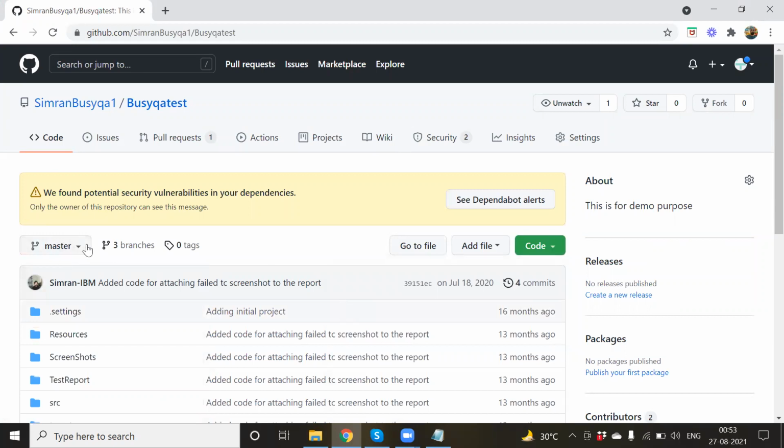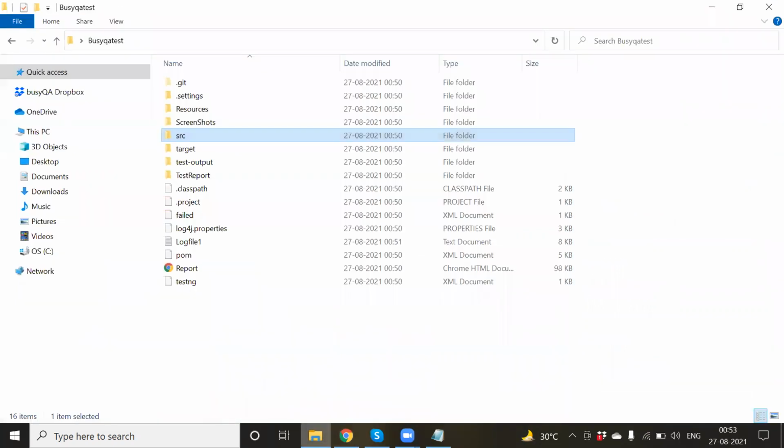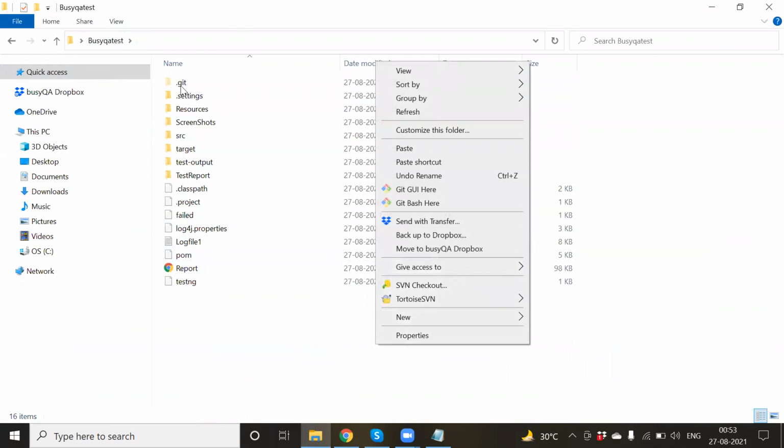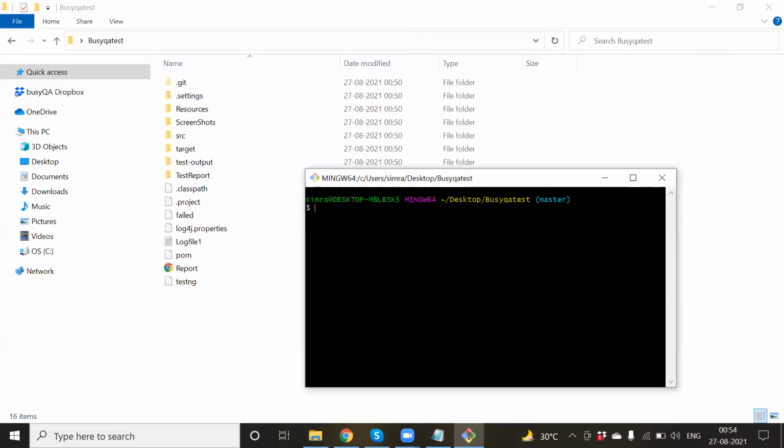Okay, so what we can do is create a branch, push the changes there, and then we can push it to the master finally. So in the project folder itself, wherever I find this hidden .git folder, I should be able to open this Git Bash. Right now it is referring to the master, and I want to push it into some branch. So I need to create a branch, git branch.